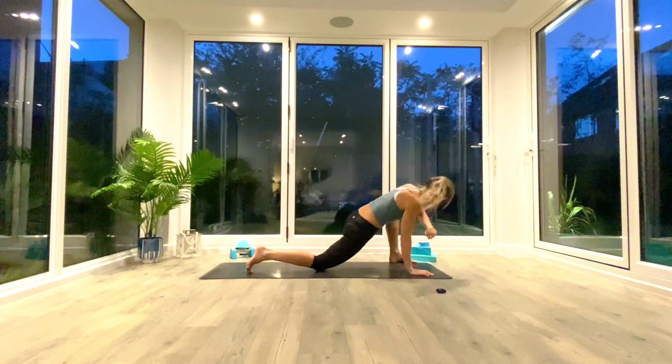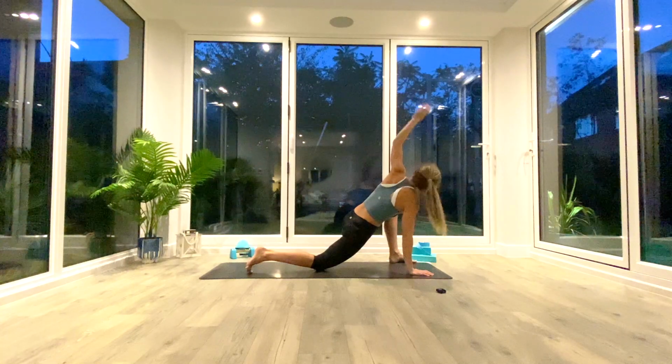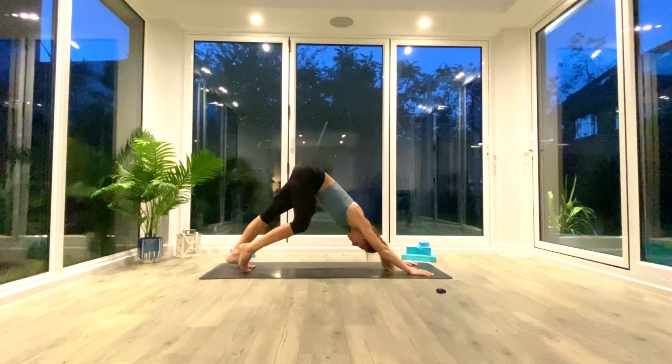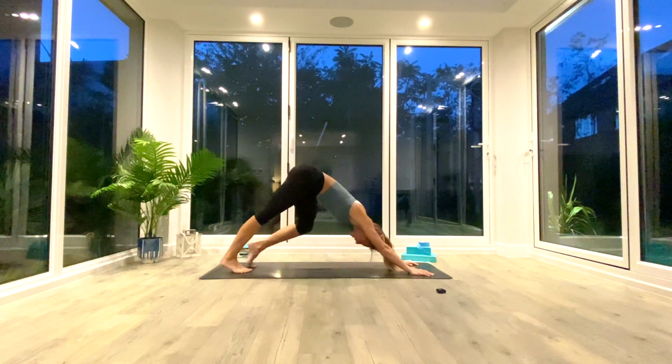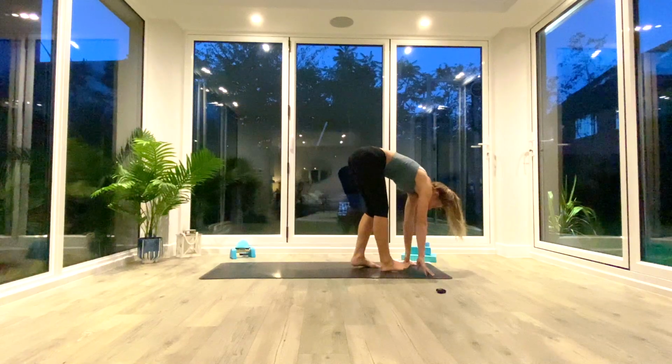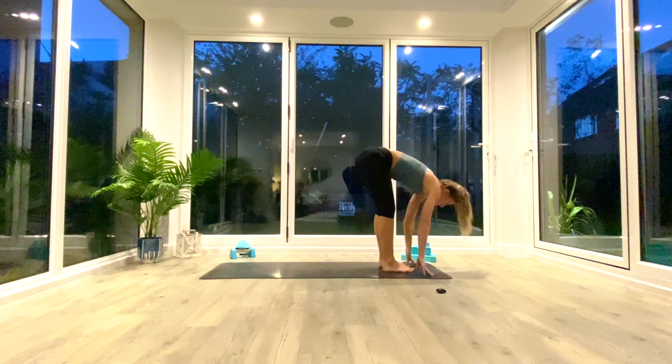3, 4, 5, reaching up tall, exhale, place the hand back down, pedal out the feet in your down facing dog just one last time, and then slowly walk the feet all the way towards the hands and come into your Uttanasana